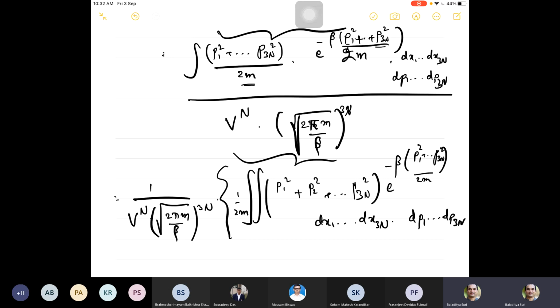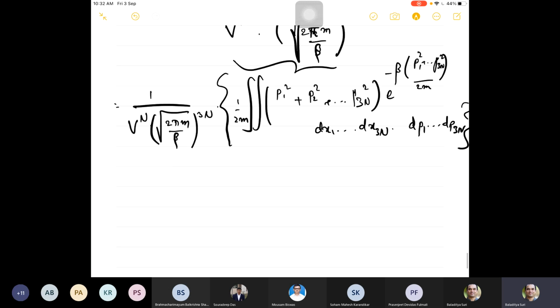Now that we have written down the integral, with 3n terms,